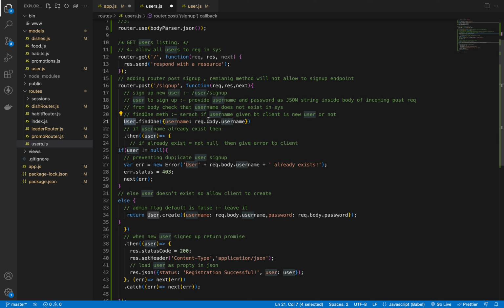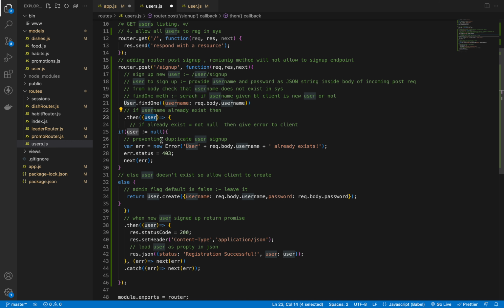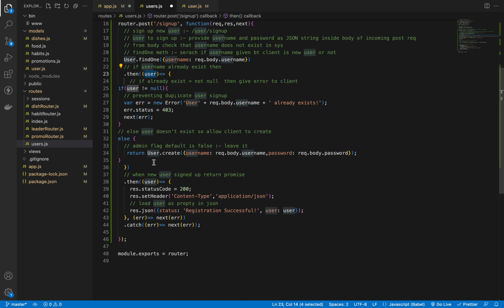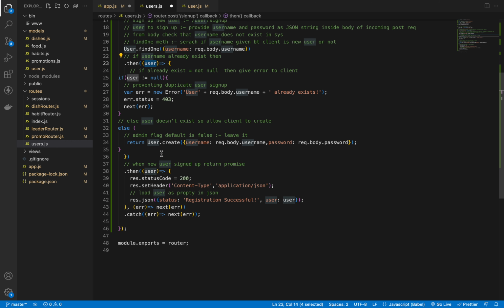If the user given by the client is not null, meaning that user already exists, then we will have to provide an error to the client side, preventing a duplicate sign up. So the error: user req.body.username already exists, with the error status 403. And then if the user is not there, then next; else the admin will allow the client to create